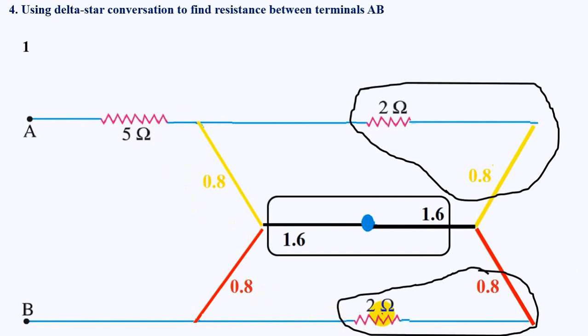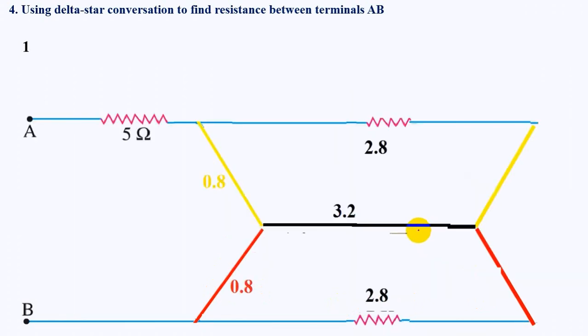Or 0.8 and 2, I think they're in series, sir. No, 0.8 and 2, they're not in series because of this branch. So no elements are in series, correct? But you're measuring between this end and this end, right? Let us say this B wire was not there, right? You're trying to measure from here, this was your B. Then we can say that 0.8, 2 and 0.8 are in series, right? So when we solve this, this is your answer.